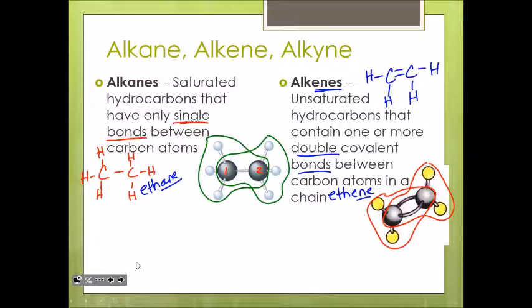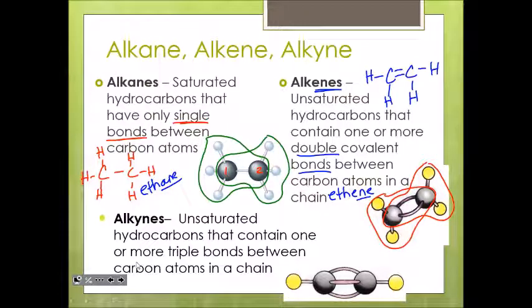All right, last one, alkynes. If the alkanes have single bonds and the alkenes have double bonds, what do you think is going to be different about the alkynes? Different group here. Last group. One has single, the second one has double. These guys, alkynes, yes, they have the triple bonds. Exactly. Okay? Alkynes have the triple bonds between them.